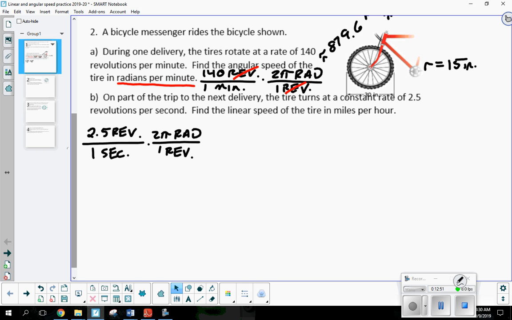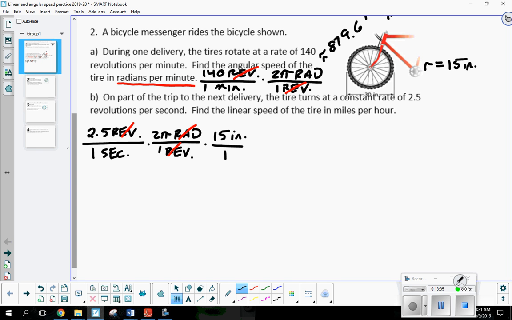Now, if I were to stop right here, this is the angular speed, the angular velocity of this problem in part B, if it's rotating at 2.5 revolutions per second. That's my angular velocity. Remember, this is theta divided by time. All right, well, how do I make it linear? Multiply by the radius. As soon as I do that, I've introduced a unit of measure. Here it's inches, so 15 inches over 1. So the revolutions are going to cancel. Because I now have inches, the radians have units, so I don't need to label them as radians anymore. Now my answer is in inches per second.